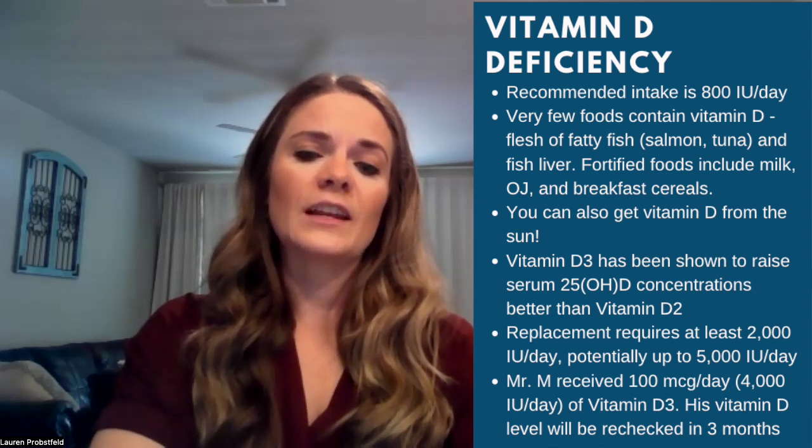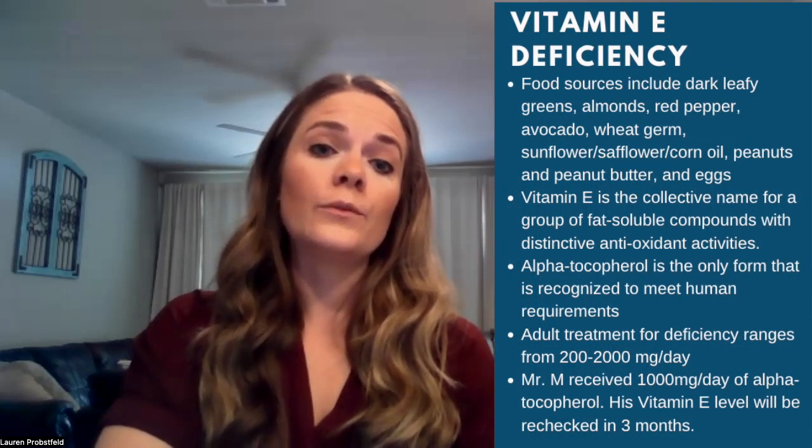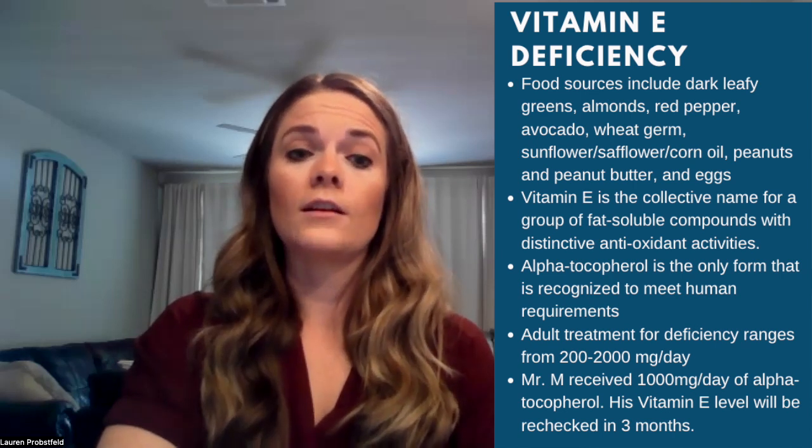We plan to check his vitamin D level in another 3 months to see if these strategies help restore his concentrations of vitamin D. Finally, we can look at treating Mr. M's vitamin E deficiency. So of course, you want to recommend foods to these patients that are high in vitamin